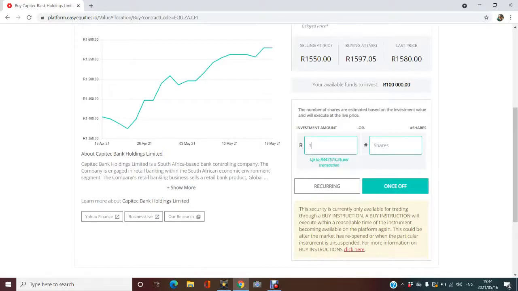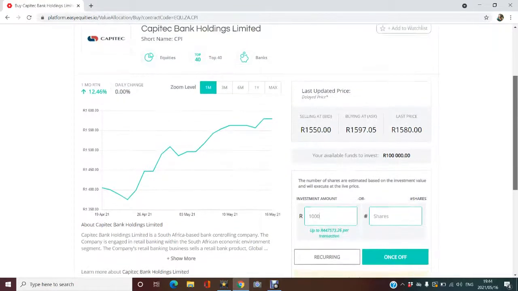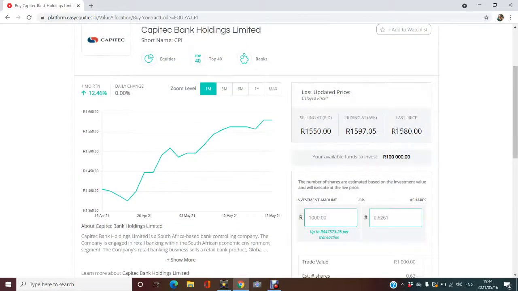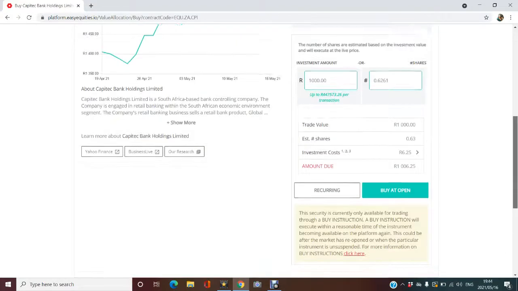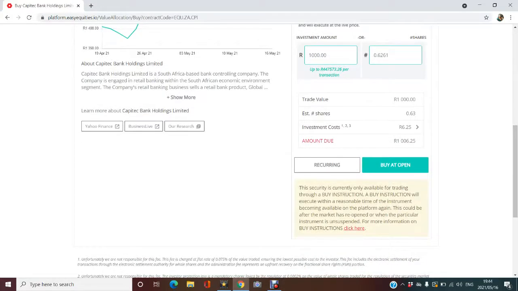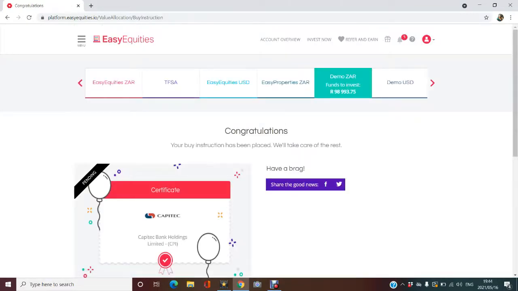Remember with EasyEquities that you can purchase a fractional share. So let's say you don't have the full 1,500 and something that it costs. You can use the amount that you have, right? And then you can purchase it. See, now you're purchasing something. So it's a pending instruction, because currently the market is closed. I'm shooting this video when the market is closed, so it's going to show as pending, but they will sell you that amount, like 4,000 rand. So even if the share is expensive, you can actually decide